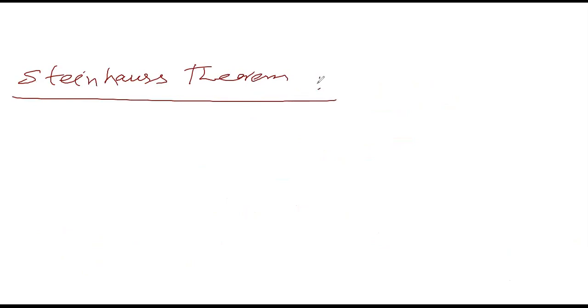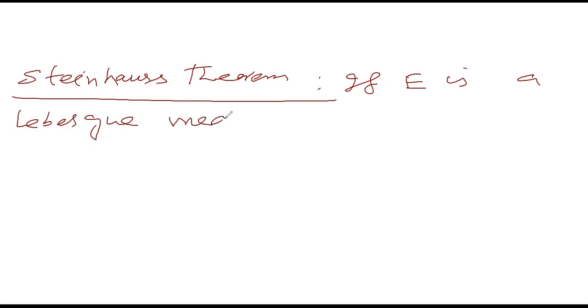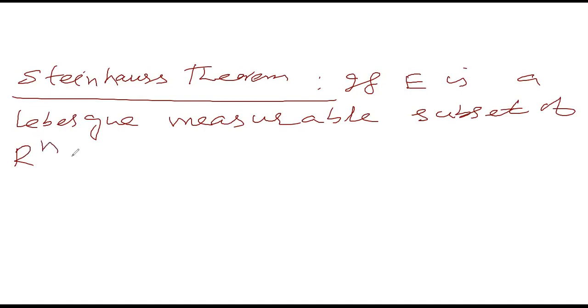The statement is: if E is a Lebesgue measurable subset of Rn such that the Lebesgue measure of E is positive. So in the previous lemma, E was not measurable, but here E is measurable, and also its Lebesgue measure is positive. Then